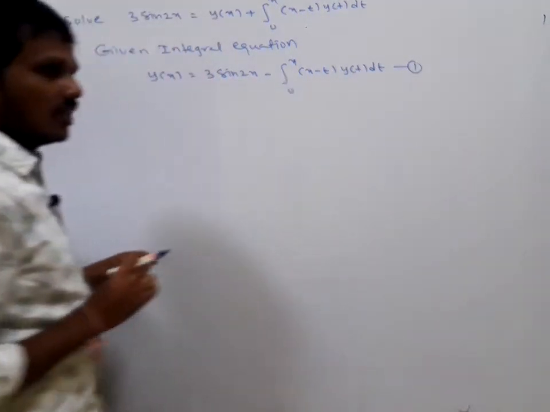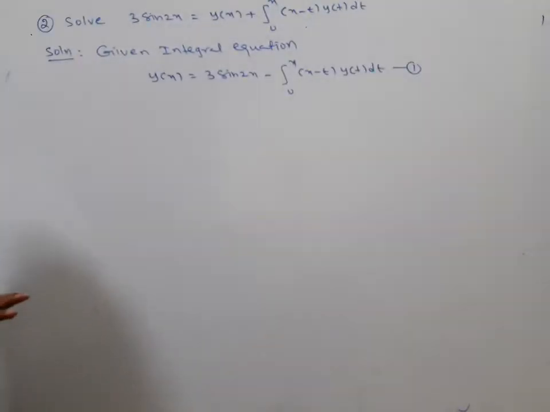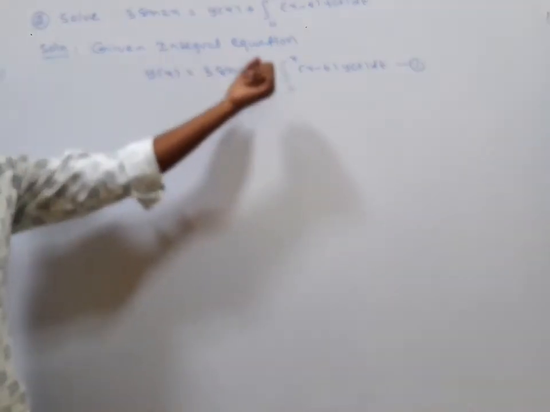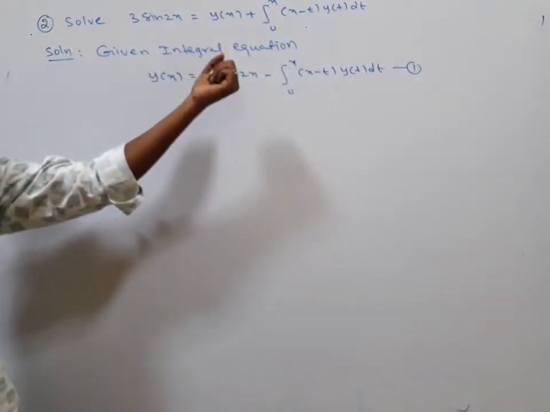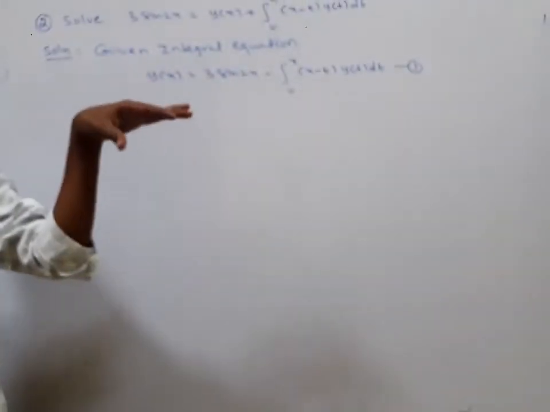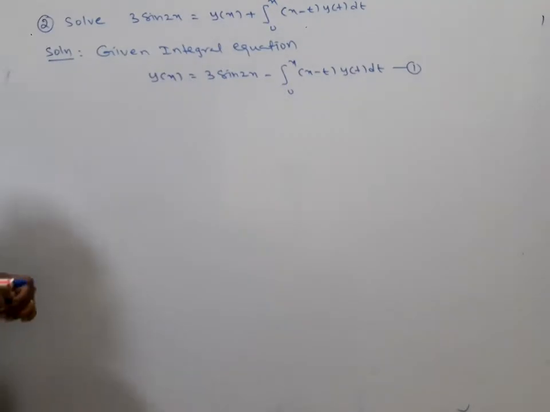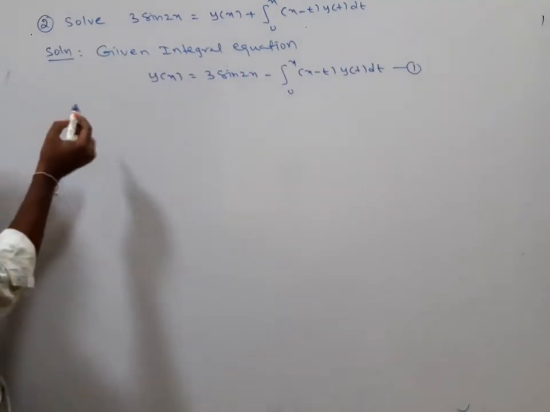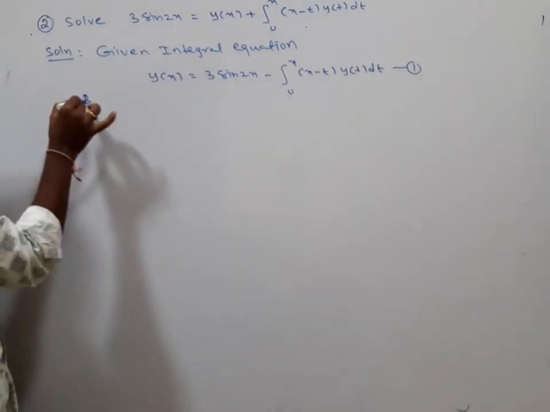Yes, the integral equation is of the convolution type, meaning the kernel is a function of the difference of x and t. In general, the difference of u and t, k of u minus t, right? Okay. Now from the definition of the convolution,